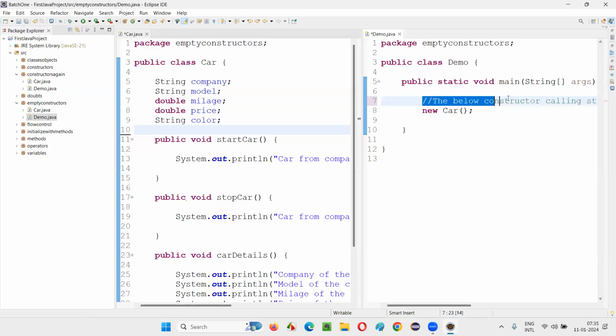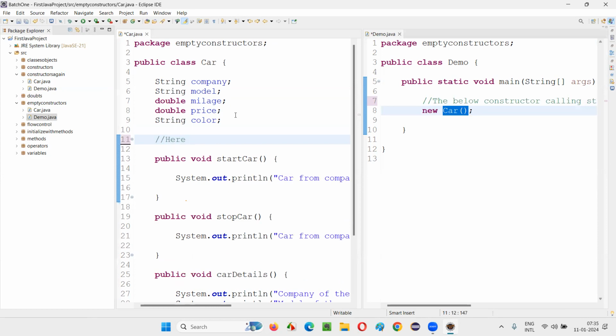This part is clear now, right? The below constructor calling statement is calling which constructor, if there is no constructor here? If we call that, what will we get in the result? We will not get anything because that is empty. Then what is the use of that default constructor? You see, the use of this default constructor is that whenever you create an object, it should not give you an error, right? Just think in that direction.